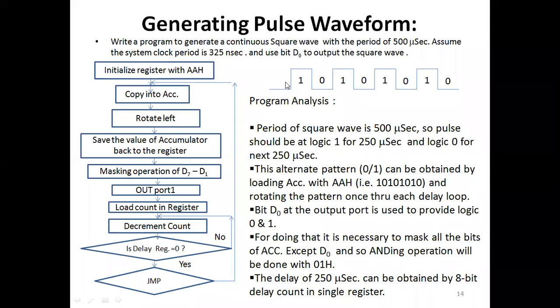And one thing has also been concluded: for 250 microseconds, 1 should be displayed, and for 250 microseconds, 0 should be displayed, so that one whole cycle of the square wave persists for 500 microseconds. And the problem already gives that the system clock period is 325 nanoseconds. So what we are going